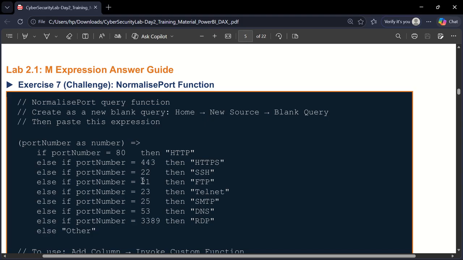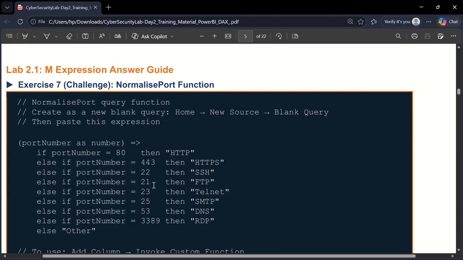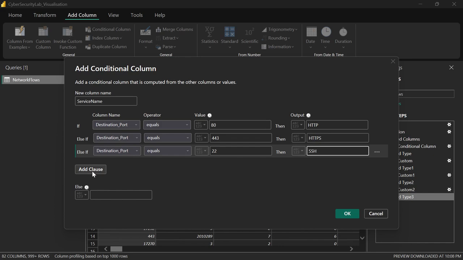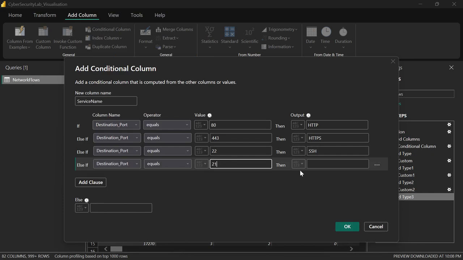Okay. Now, when my destination port is 21, of course, whatever you see here is still the same thing that is applicable to these numbers, but here all of it are not displayed. I'll use this option given here. So when my destination port is 21, I call that FTP. Add clause when destination port is 21, we want to call that